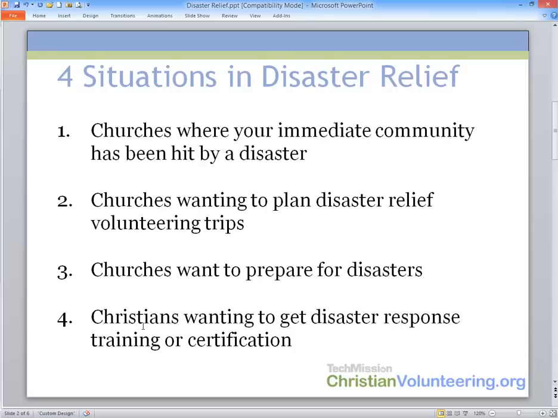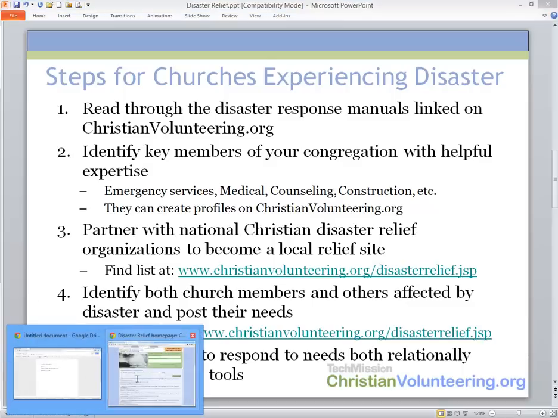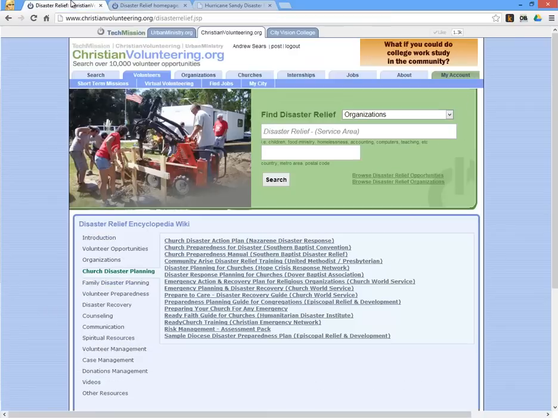And then the fourth is where Christians might want to get certified or trained specifically in how to respond to disasters. So I'm going to cover all four of these and some of the resources on christianvolunteering.org that can help you. So one of the first things that you can do is go to christianvolunteering.org's disaster relief webpage, which is at christianvolunteering.org,